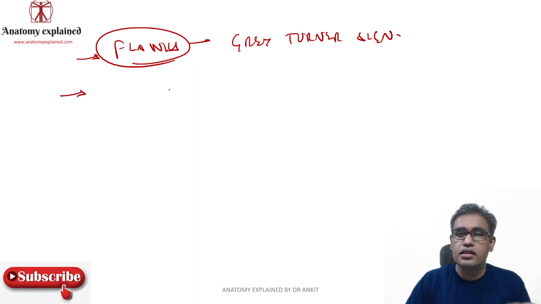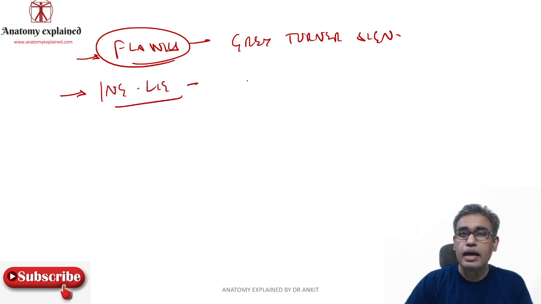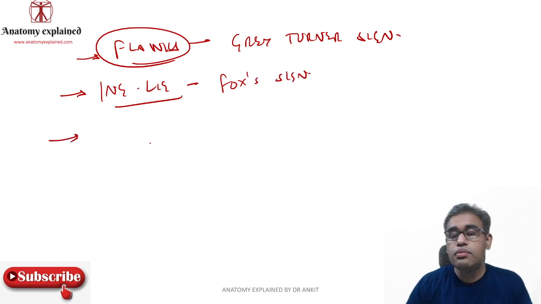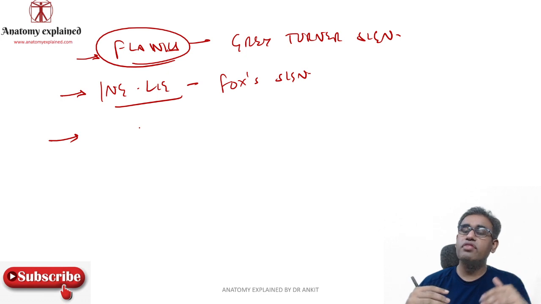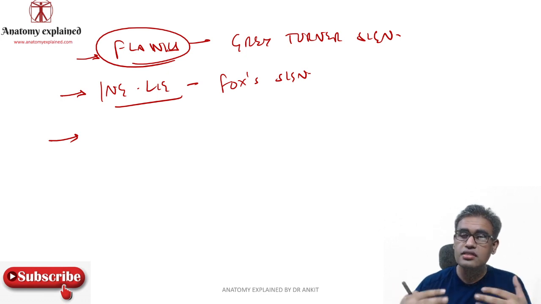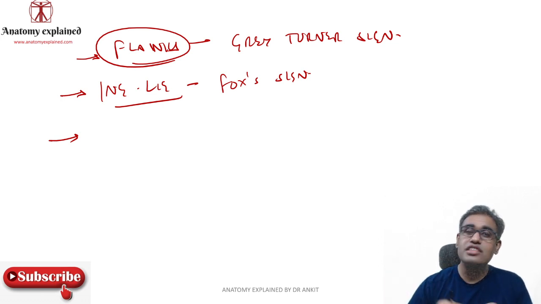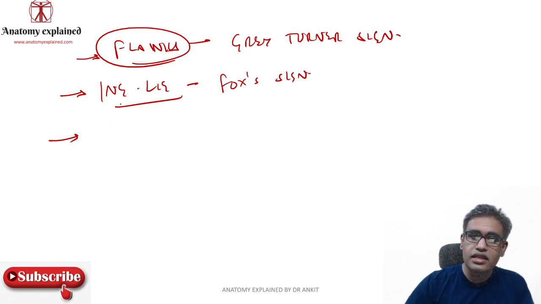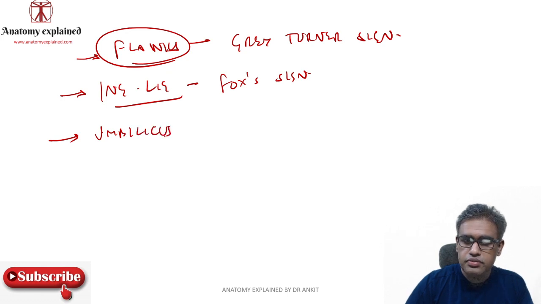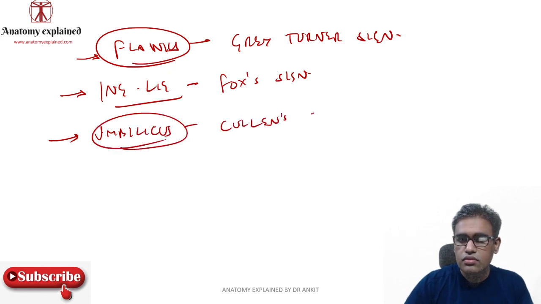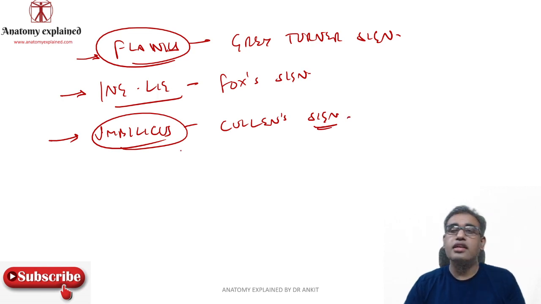Clear? That hemorrhagic part, apart from going to the flanks, may also go down into the region of the groin, that is around the inguinal ligament. The bruising of the inguinal ligament, we call it the Fox sign. That bruising can also go to, you remember in front of the pancreas we had the lesser omentum also, lesser sac, lesser omentum to the liver bare area. From the lesser omentum, the falciform ligament opening into the umbilicus. So you understand the route. So that hemorrhage could go around the umbilicus. That is known as the Cullen sign.